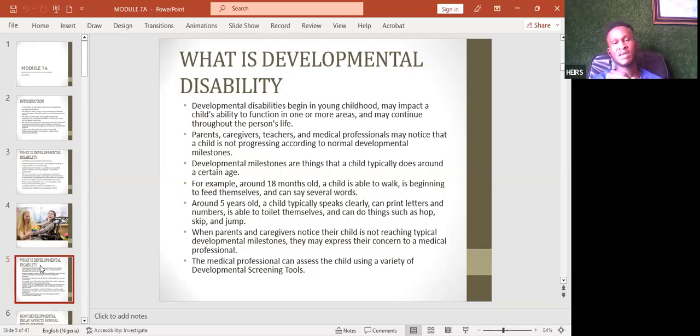So if there is a delay whereby a child who should supposedly be at the anal stage due to the age, I think the oral stage should last from 0 to 18 months. That's 1.5 years to be specific. And now a child of 1.5 years is still exhibiting characteristics of the oral stage. You should know there is something going on with the development of that child. So according to developmental milestones, according to how a child should develop, it's expected that a child of less than one